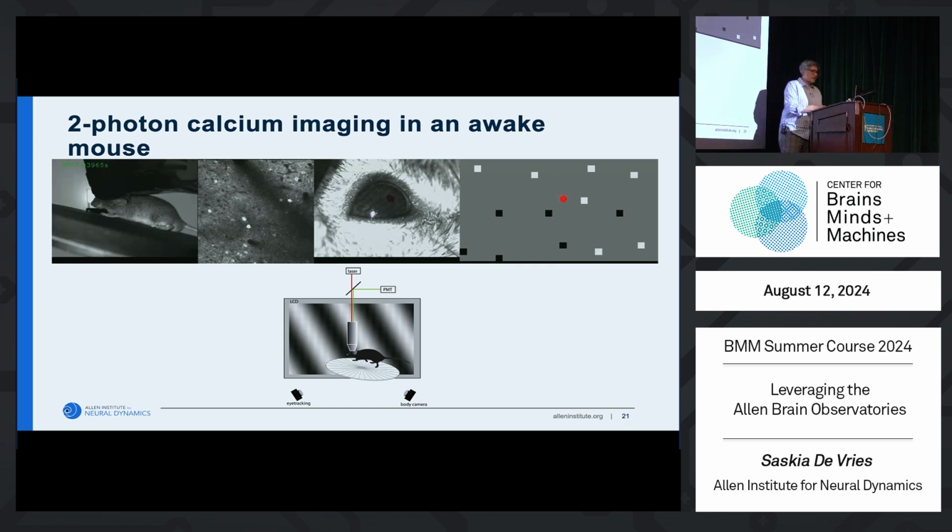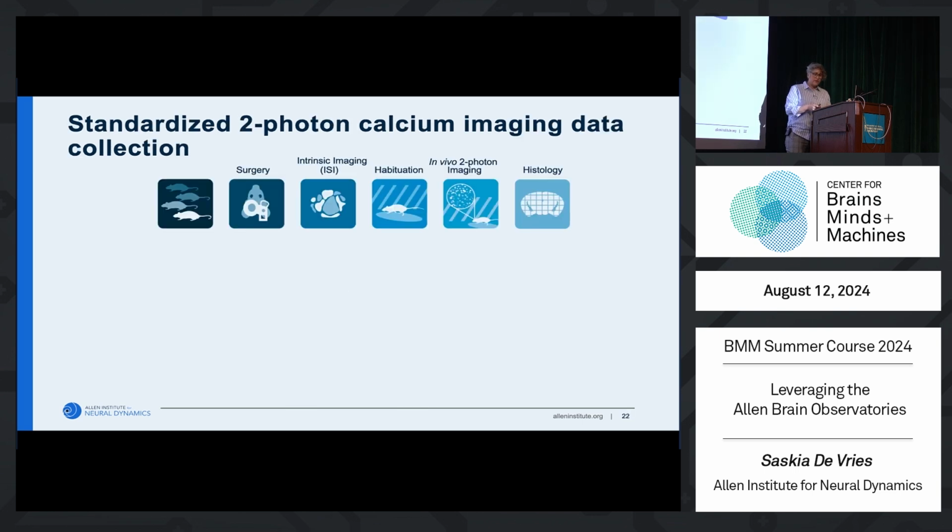And so I mentioned this is done with a pipeline, so we've got teams that are doing each of these steps of creating the surgical window. We map out the different visual areas so that we can go in and target them for our calcium imaging. We get the mice comfortable being handled, being head fixed, being on a running wheel. Then we collect data. For each field of view, we return to that field of view across 3 different days